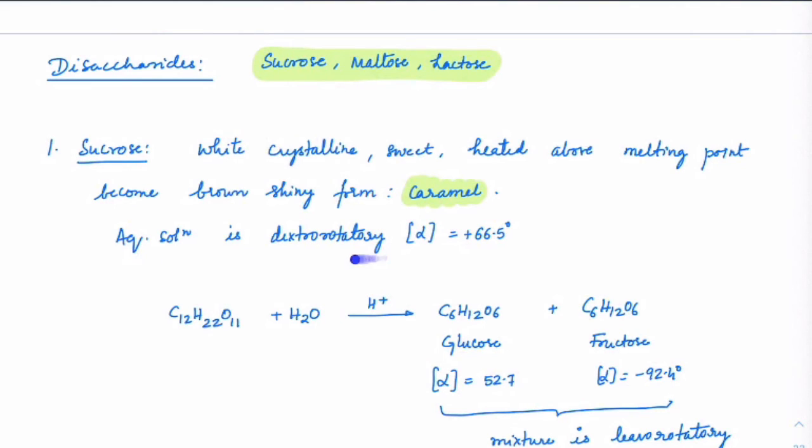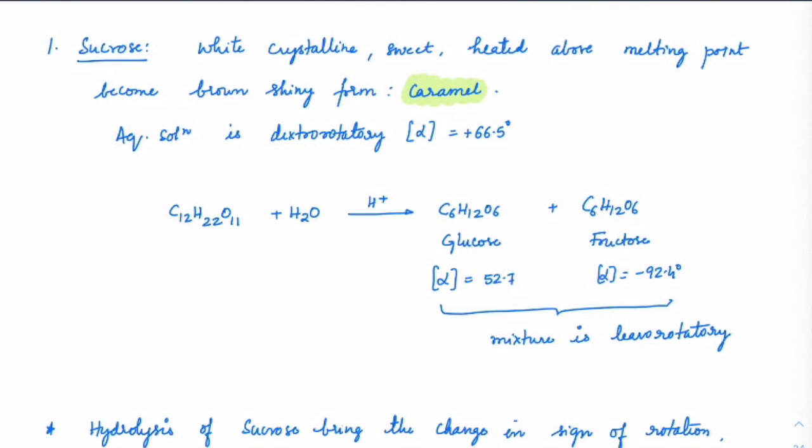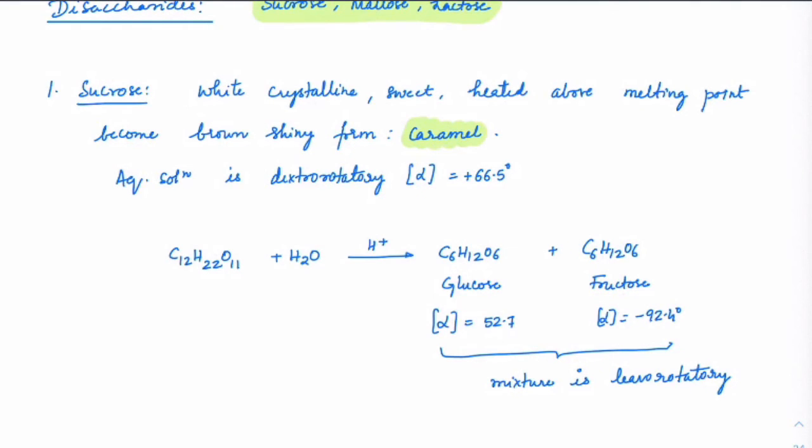Now, if I take an aqueous solution of sucrose, which is dextrorotatory, its angle is around 66.5. Why would that happen? Check out here. The minute you add C12H22O11, sucrose, to water, it will split into glucose and fructose. And since it is an aqueous solution, both will show mutarotation. The pure form is dextrorotatory; alpha is 66.5. The pure form of sucrose is 66.5.